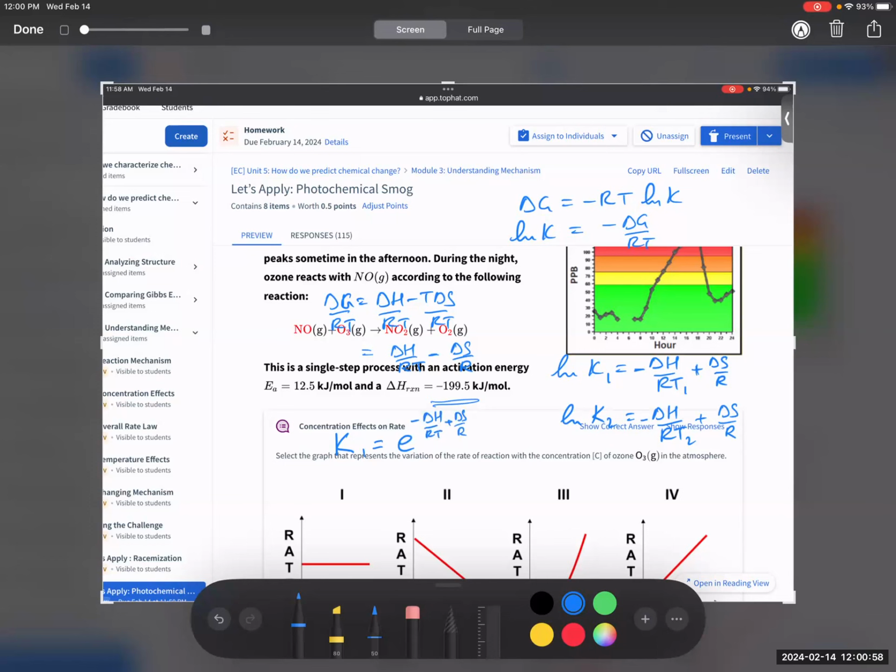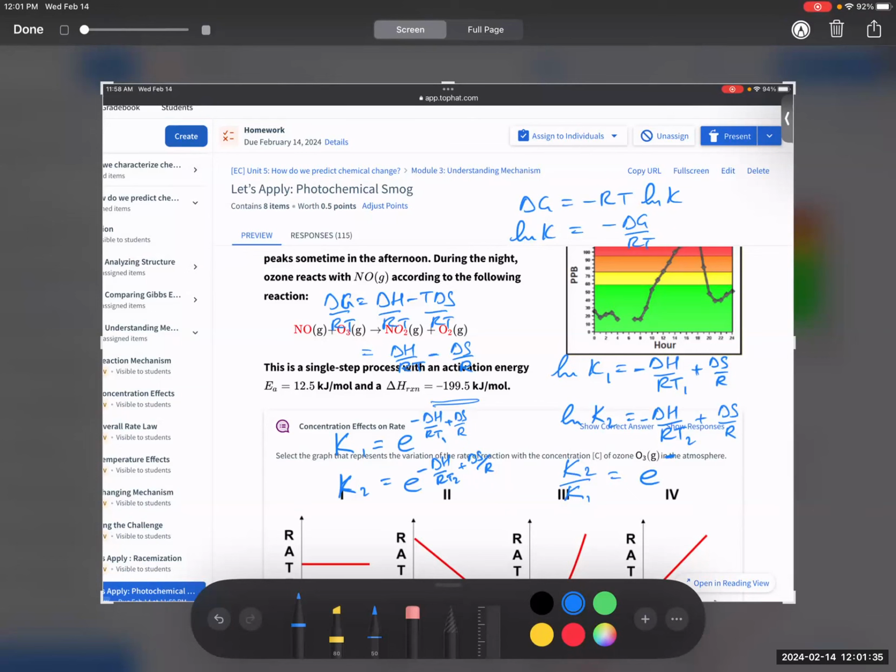Actually, we could have kept it there, but it's okay. And then K2, uppercase K2, is e to the power of minus delta H over RT2 plus delta S over R. And then if you take the ratio between K2 and K1, K2 over K1, it should be e to the power of minus,